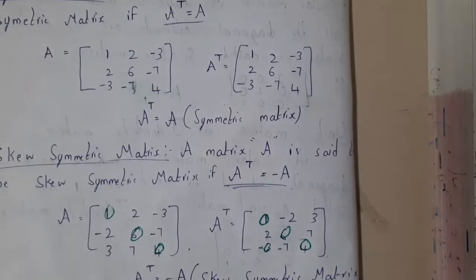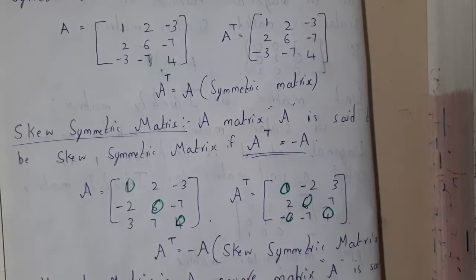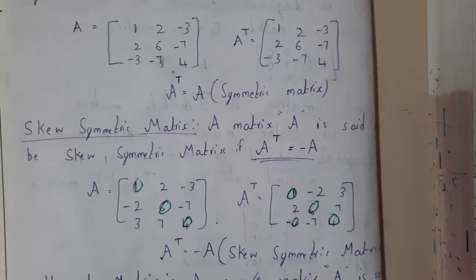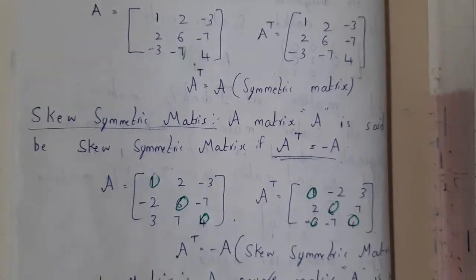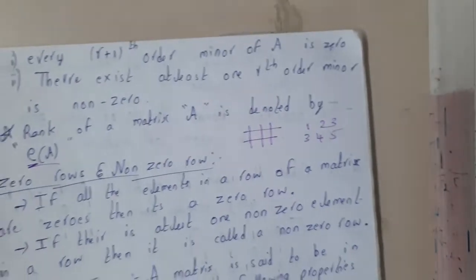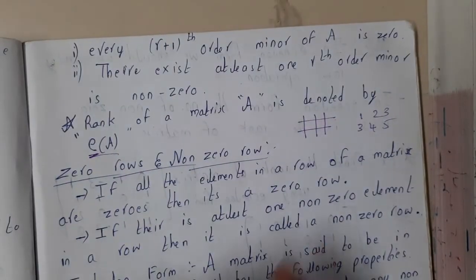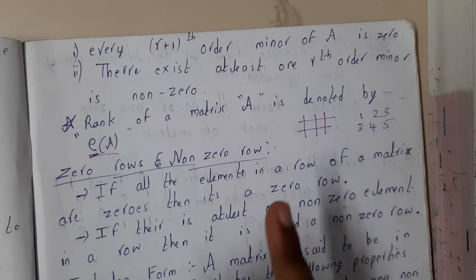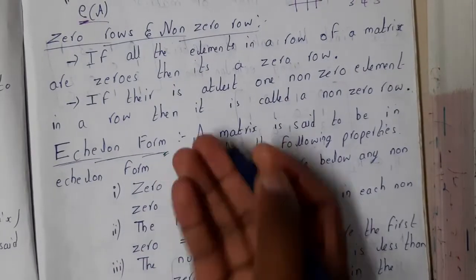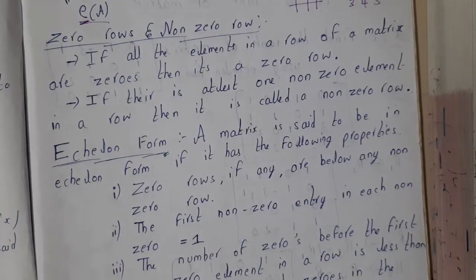So I hope everyone got some basic idea of all the terminology that we have discussed till now, right? So in the next lecture we will be going through one of the most important concepts, guys, if you ask me, that you can expect some questions on. So we will be discussing echelon forms, and we will also discuss the rank of the matrix in the next lecture, guys.